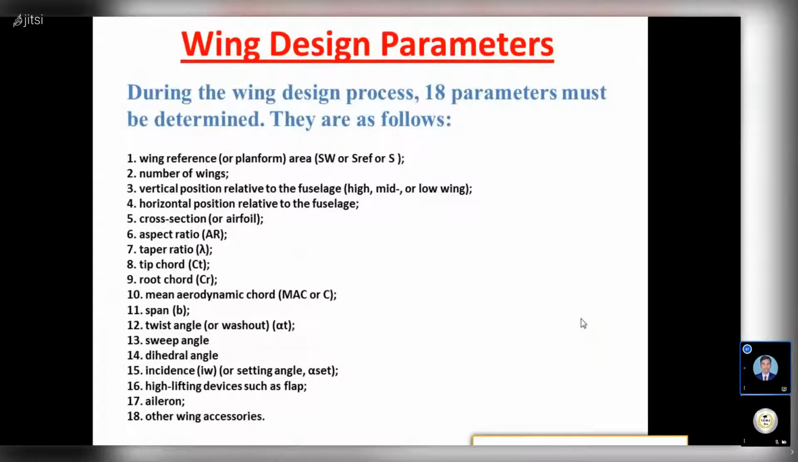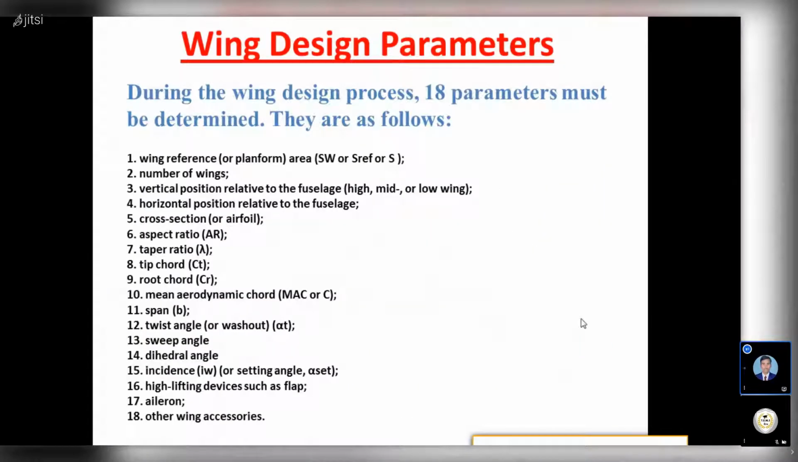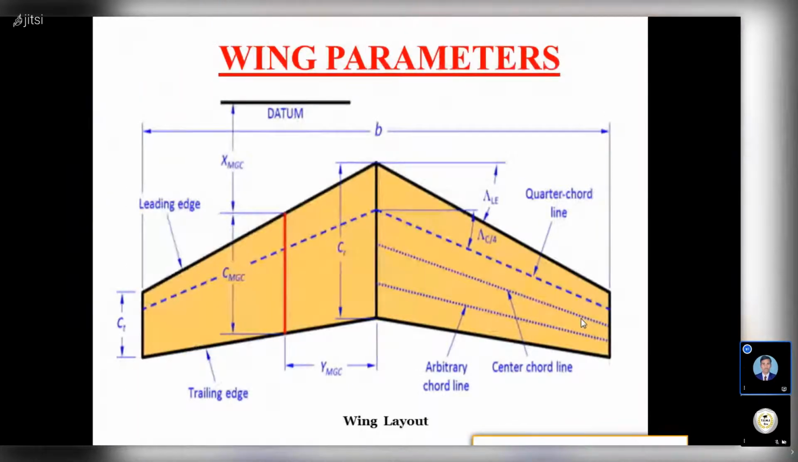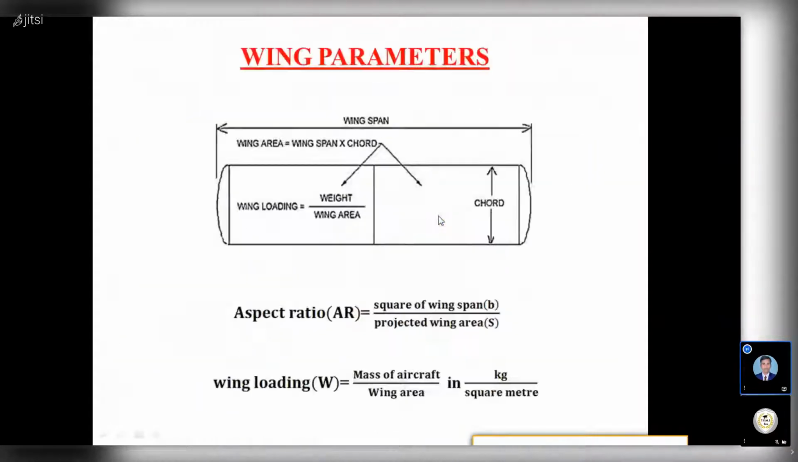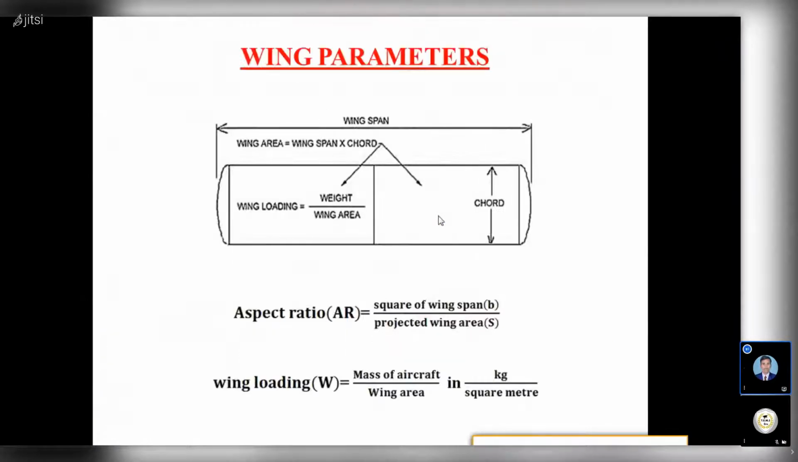parameters. There are 18 design parameters. These are those. And the wing parameters, what parameters here we have, the same picture: root chord, tip chord, leading edge, sweep angle, and all other parameters like mean aerodynamic chord. So we can find parameters, that is aspect ratio, wing loading, chord,